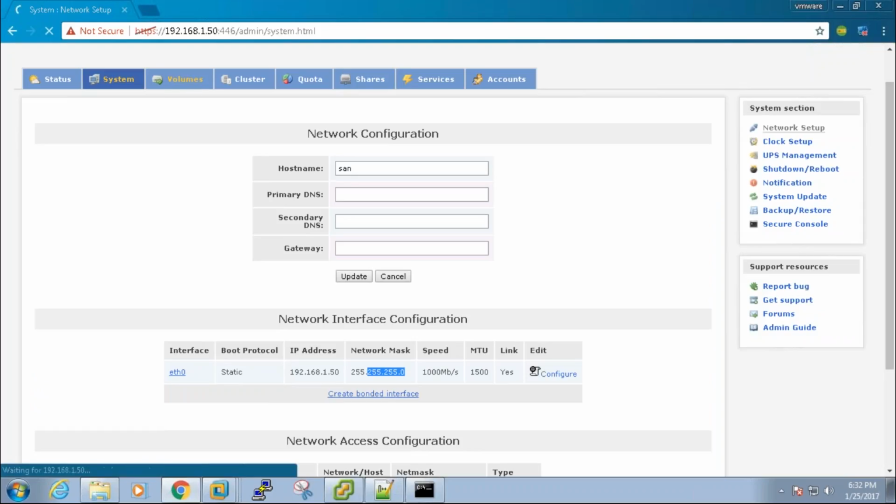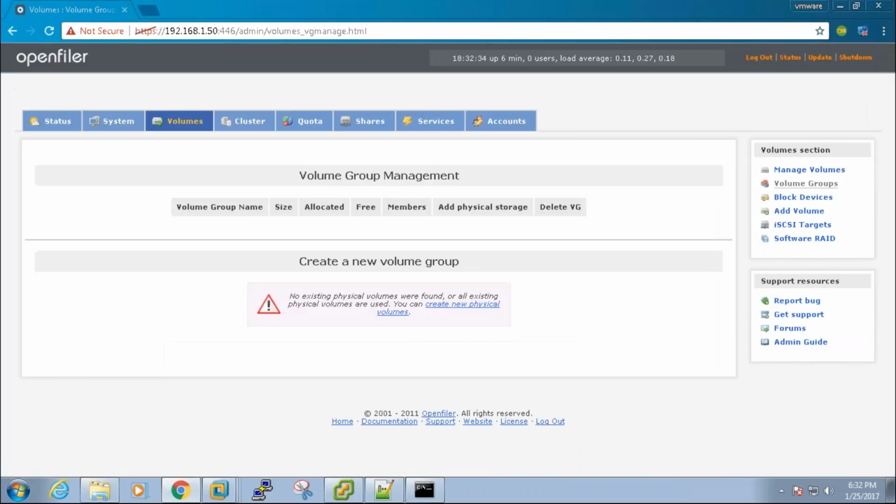Then we are going to the volumes here, where exactly we'll be creating the NFS and the iSCSI LUNs. Guys, like I said, whatever I'm doing in this system, you try to practice it referring to the PDF that I'm going to give you and looking at the video. But if you don't understand what exactly it means, just forget about it, because this is not a piece of work that you do in a real-time environment. There is a dedicated team called SAN team or NAS team. They will handle it. Say add volume here. And all these steps are very clearly mentioned in the PDF document that I'm going to share.